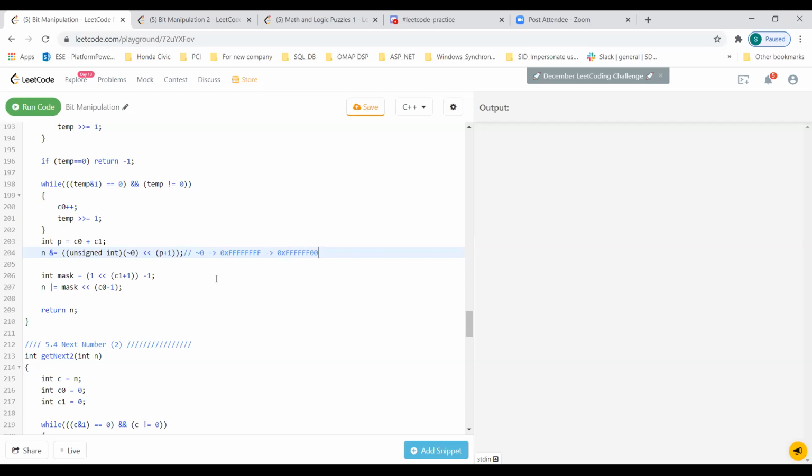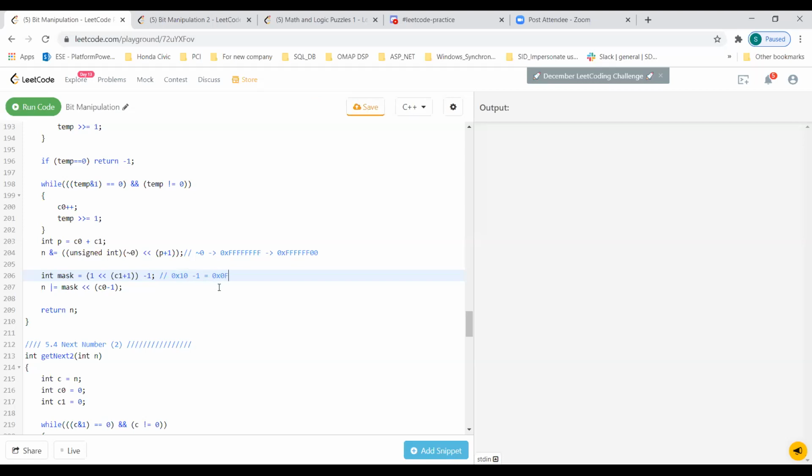Then when I've shifted that, I add C1 to 1. C1 was 2 in our earlier example, so I add that and it will be 3. If I shift 1 to 3, it will be something like 0x80, 10, and if I subtract this from 1, what I'm going to get is 0x 0 of f,